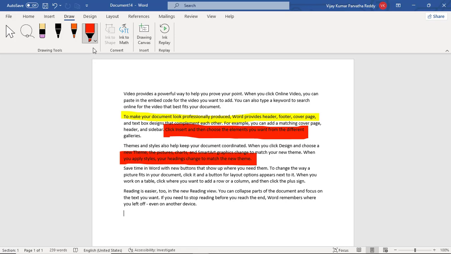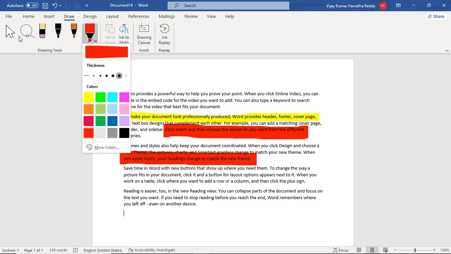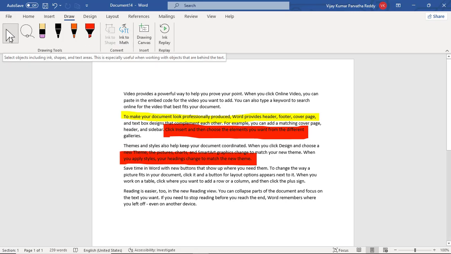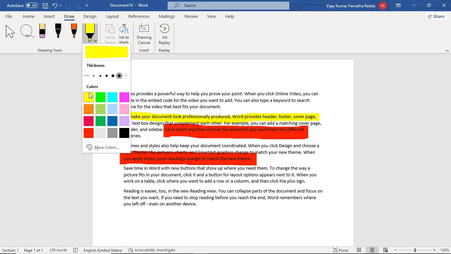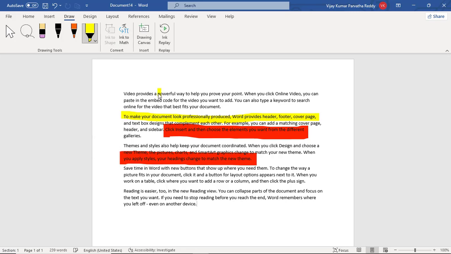If you don't want this, again you select this option. This arrow key is the deselection option, which deselects the selected tools and makes the normal cursor available, the normal mouse available to you to type something. Again if you want the same, you can select and you can change the color, and you can resize the thickness like this. You can highlight,